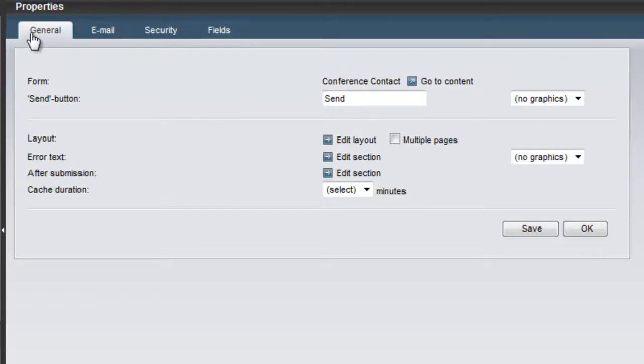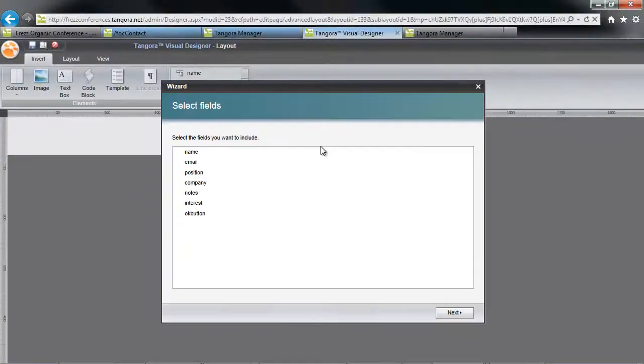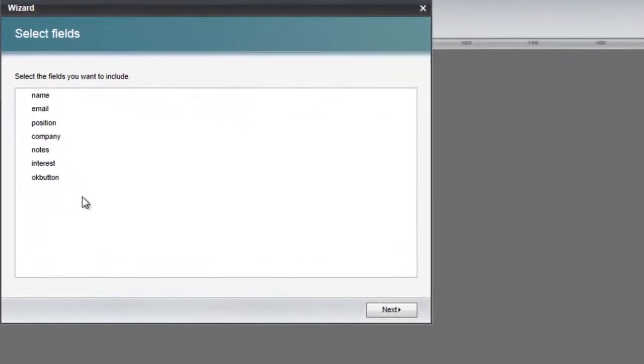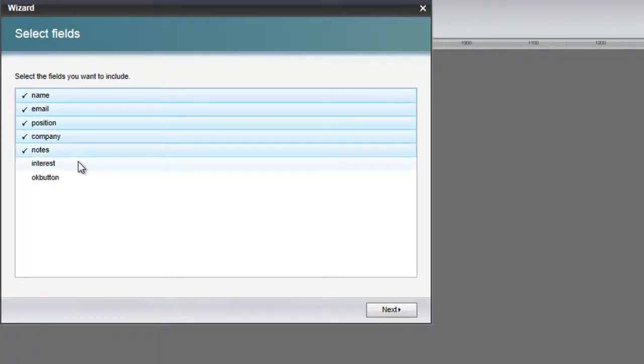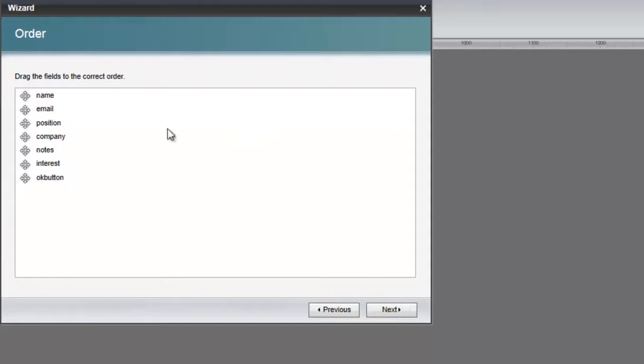Under the General tab, I have among my choices Layout, Edit Layout. When I click on this, I get a new window where I define my layout. And I'm met with a layout wizard which will help me to make my layout. There are 3 steps. So first, I'll choose the relevant fields that I want here. If, for example, I didn't want to collect information on the visitor's company, I could skip them over. But I actually want them all, so I'll just hit Next. Then I'll choose the order by dragging and dropping. Now, actually the order happened to be just fine in this case, so I'll just return it to how it was and hit Next.